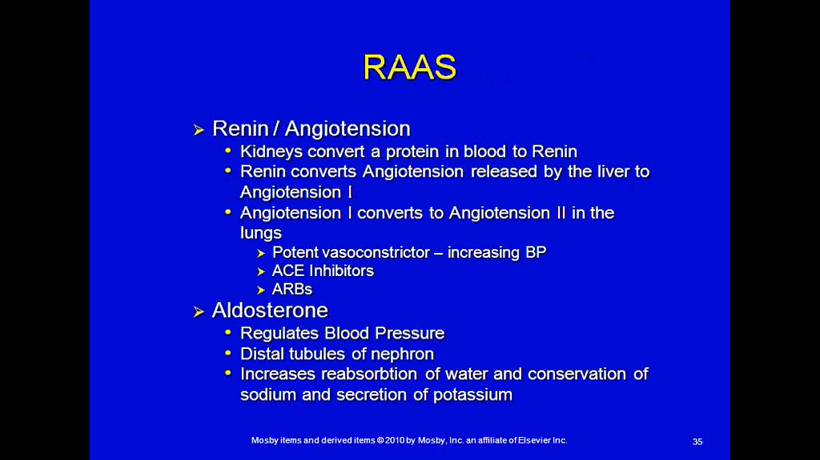We can't talk about the kidneys without mentioning the renin-angiotensin system, which is the RAAS system. Kidneys convert a protein that's already in blood to renin. Renin converts to angiotensin, which is released by the liver, and the renin converts the angiotensin released by the liver to angiotensin 1. Angiotensin 1 converts to angiotensin 2 in the lungs, and angiotensin 2 is a very potent vasoconstrictor, which increases the